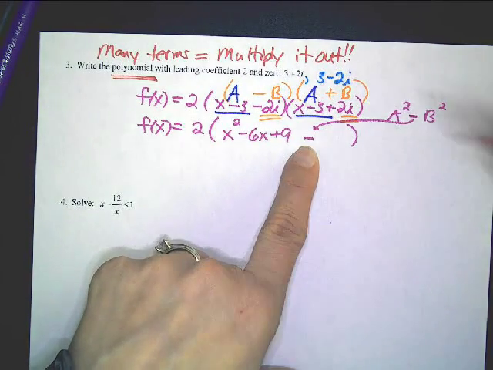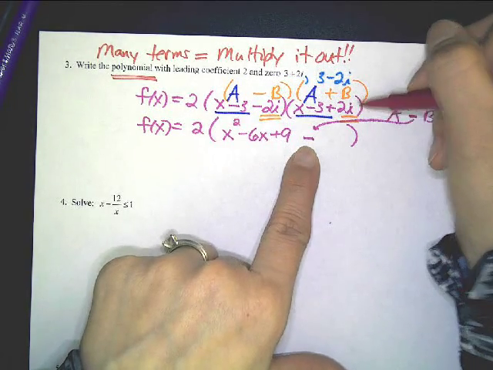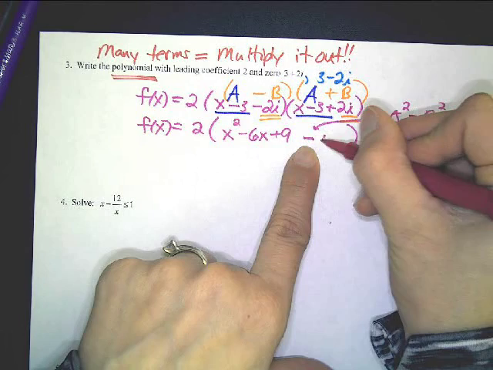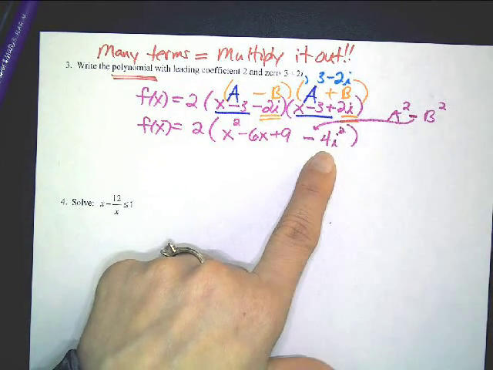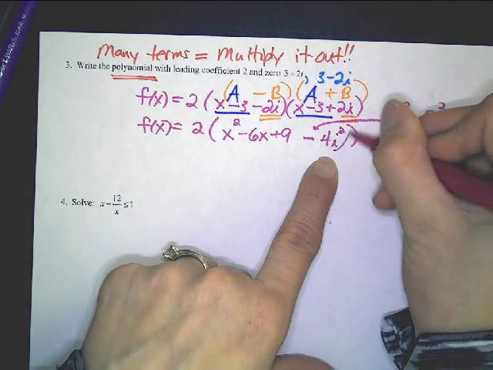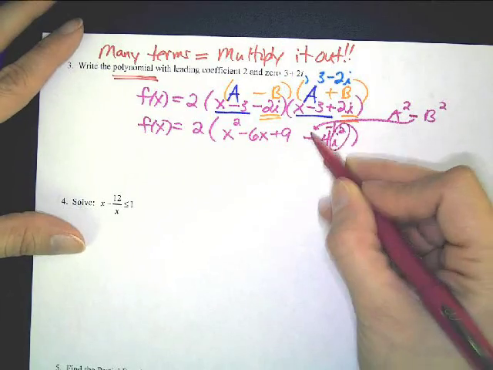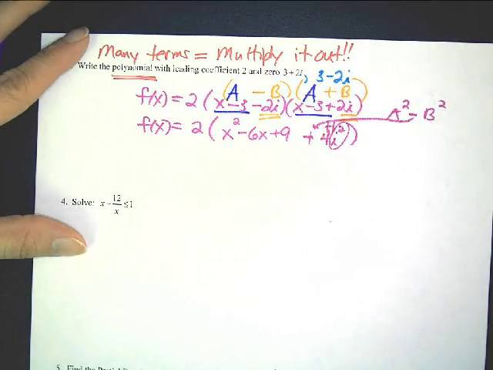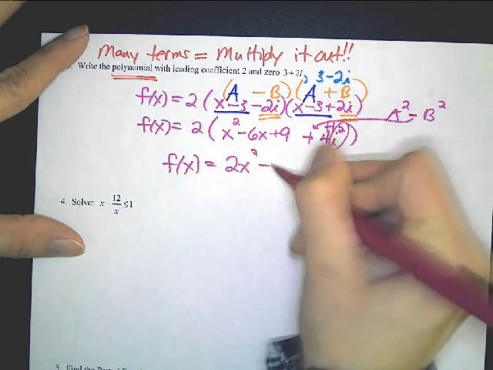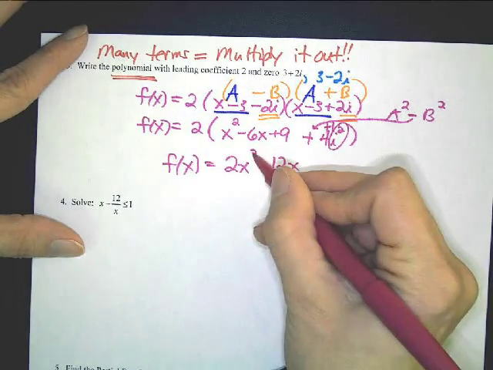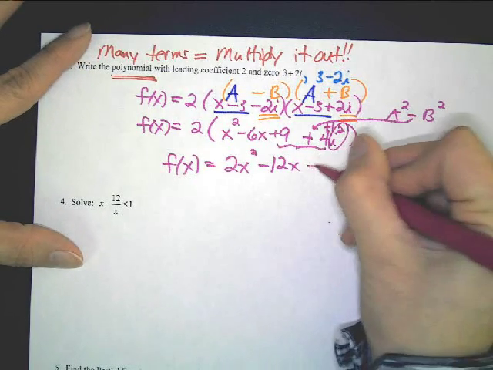Some people messed this up on the test because they didn't actually do 2i times 2i. 2i times 2i is 4i squared. Some people said 2. They just did the i part. Hey, when I say i squared, you think negative 1. So negative times negative makes a positive 4. So f of x equals 2x squared minus 12x plus 13, so it's going to be plus